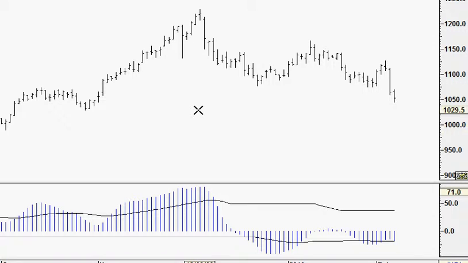This is a chart of April gold, and on the bottom you can see there's some bullish divergence on the oscillator from the Advanced Gap software. And if we take this make or break, which is really a good indicator to help us see when a low is coming in, and we click on this low, then it will tell us when the next low is coming in. And basically it's saying from